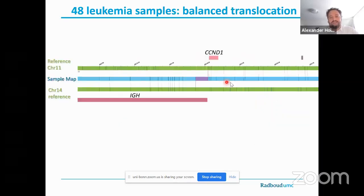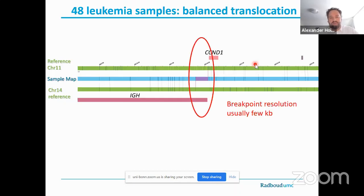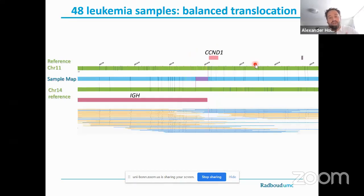to this plot, which is directly the zoomed-in detail of the molecule of the translocation. Again, these are the assembled molecules of the individual sample, showing you that part of this molecule maps to chromosome 11, the other part to chromosome 14, and you can directly appreciate that this is a balanced translocation between the IGH and CCND1 locus, a very well-known translocation for these types of samples. If we zoom into the breakpoint further, we can even click on this assembled molecular map and see individual molecules, and from that even understand how many molecules support this event and also understand the mosaic fraction for